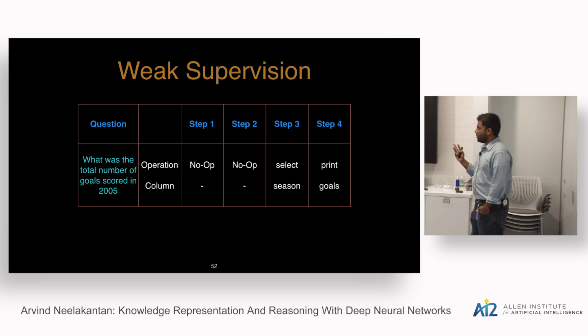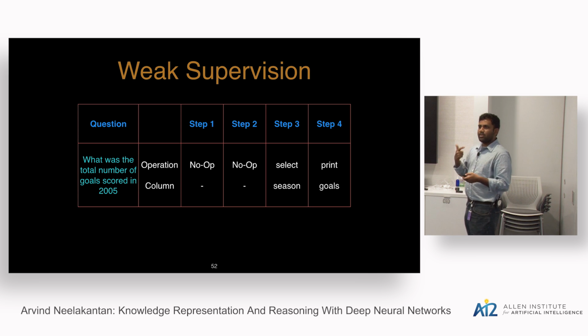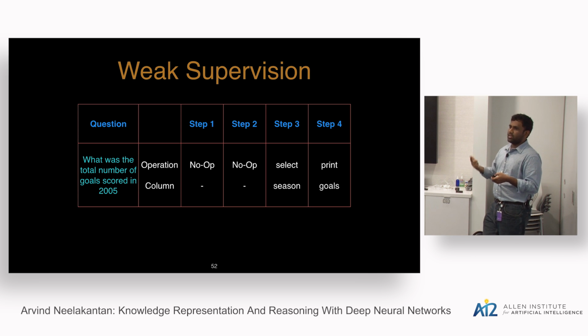So you can do it in multiple ways, but here we basically use an exact match operation. For each entry in the table, if that phrase exactly matches some phrase in the question, we return 1. Otherwise, it's 0. So the select function is defined by us. But a more general way would be to use word vectors to do the match. But we found that you start overfitting a lot. Again, this is a data set with 10,000 examples. So if you start using distributed vectors to perform this match.